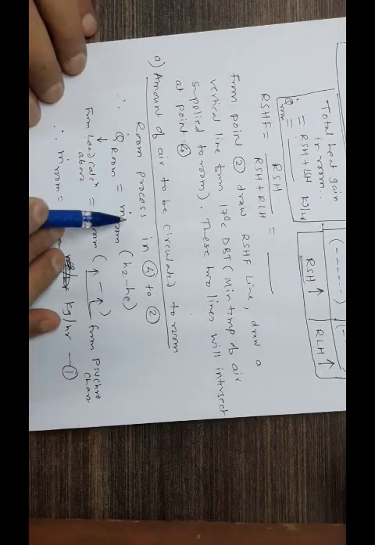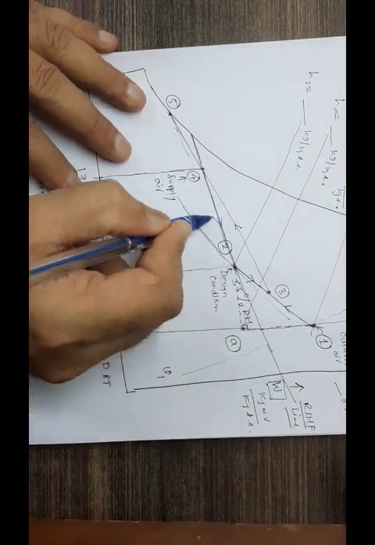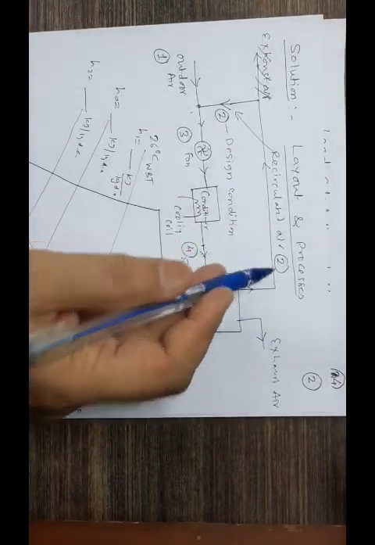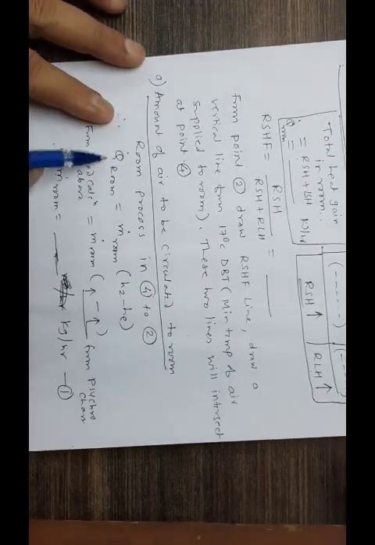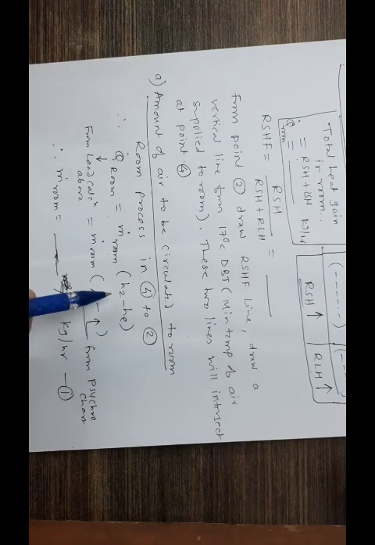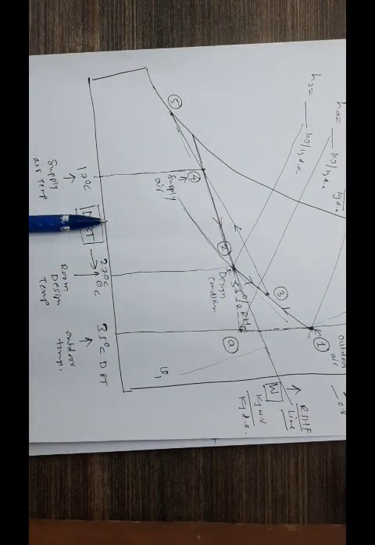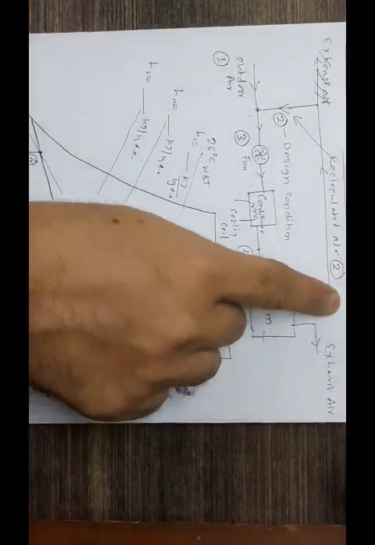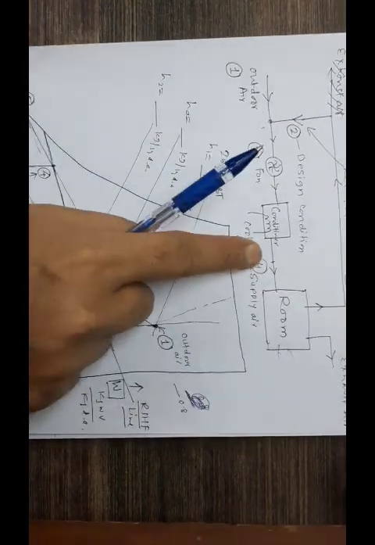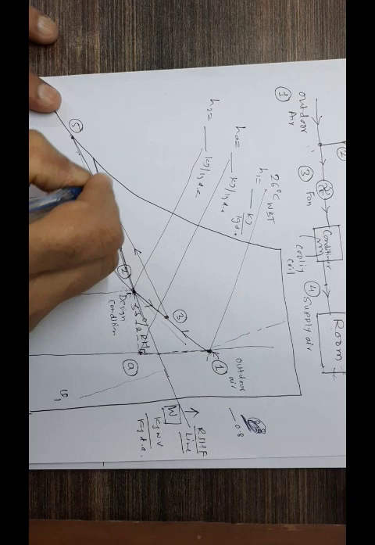So that is associated with the room process 4 to 2. You can see this, from 4 to 2, is your room process. It's happening inside the room. So correspondingly, the heat which is to be taken out from the room is equal to mass flow rate of the air from the room multiplied by the energy associated with that. H2 is the energy of the air leaving the room. You can see this is the recirculated part, and this is H2, and H4 is the supply condition. So H2 minus H4. From here you can find out H4.